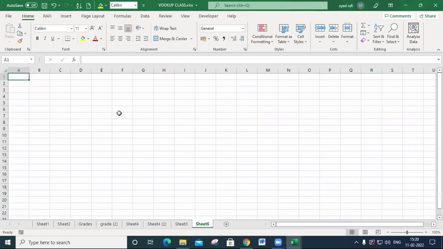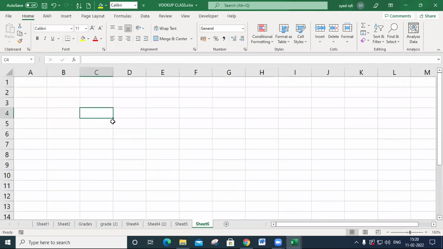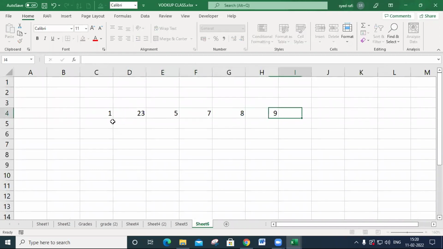Of course, if the data contains like this, what happened? Let's check. I need to check 7.